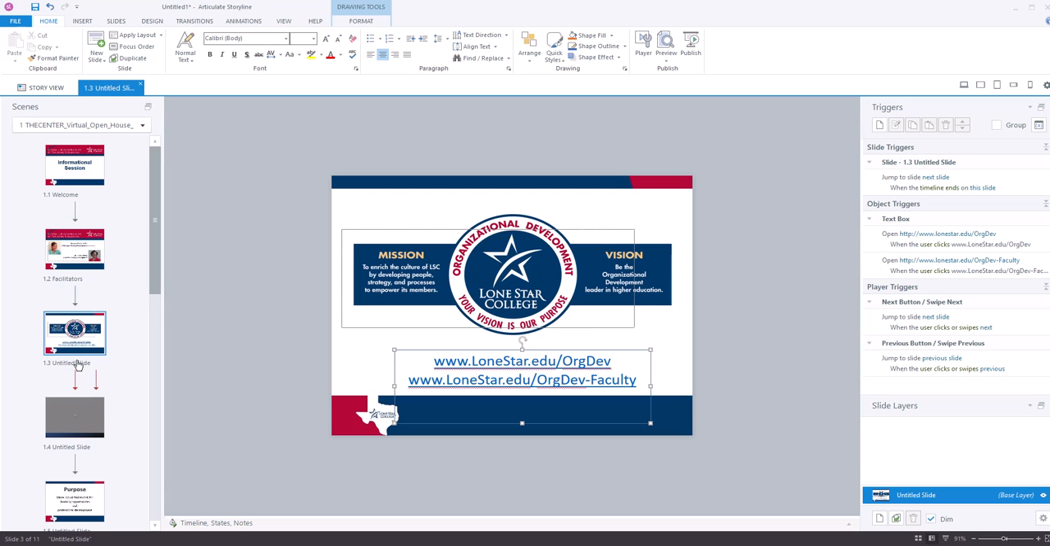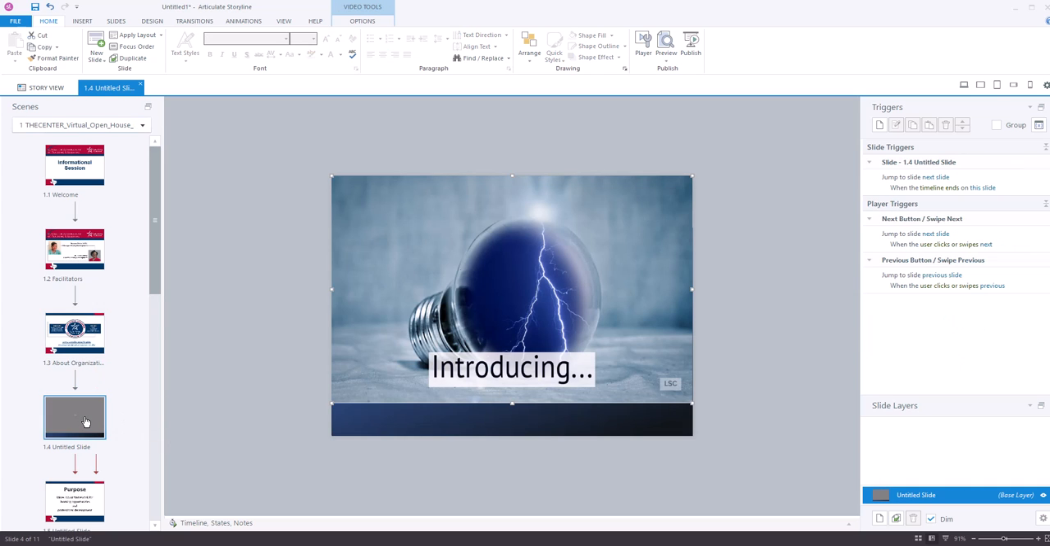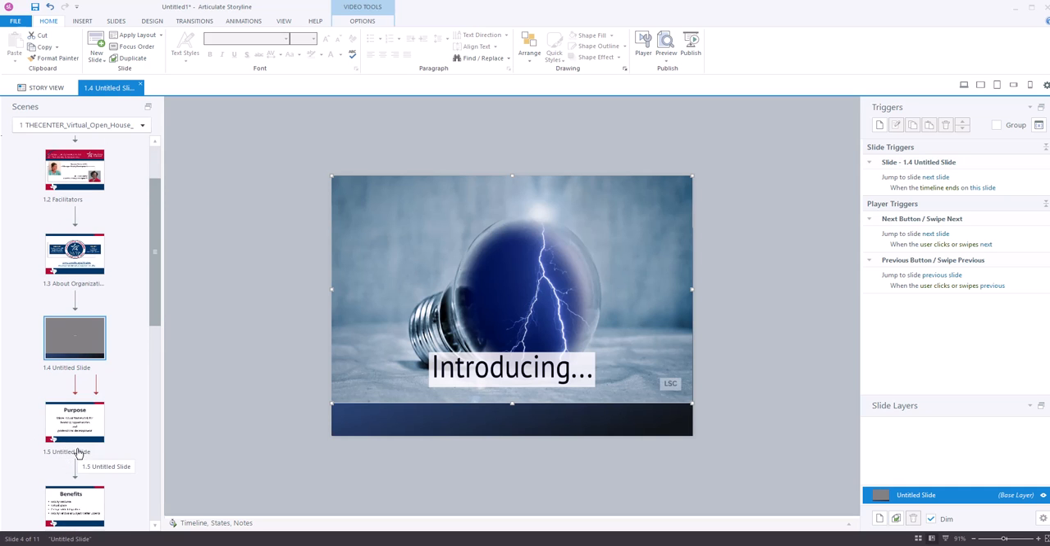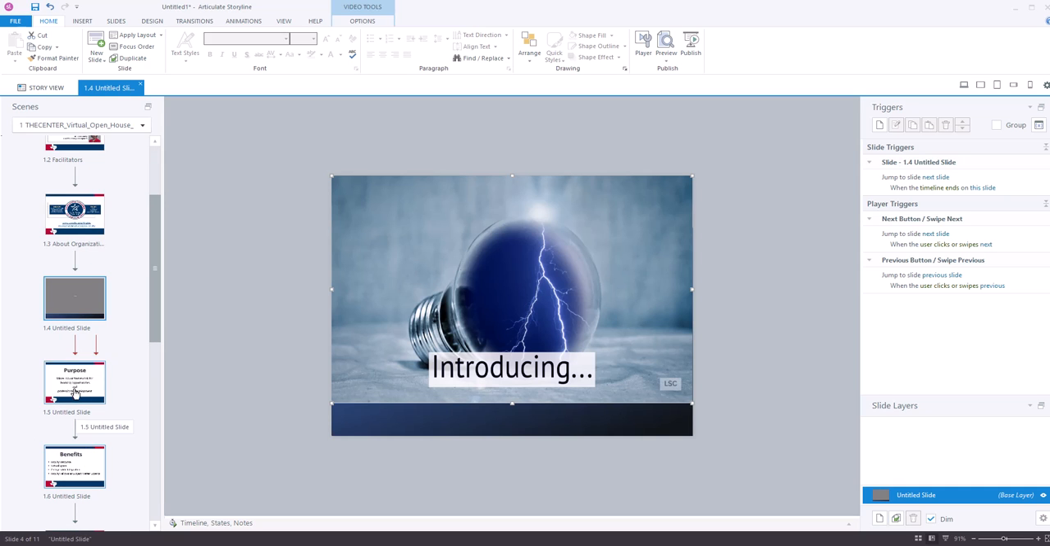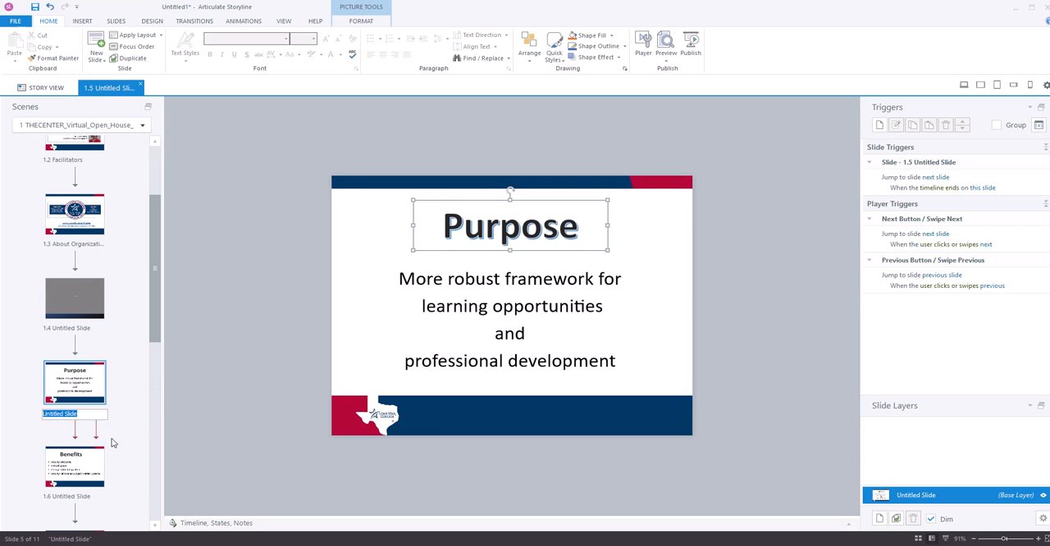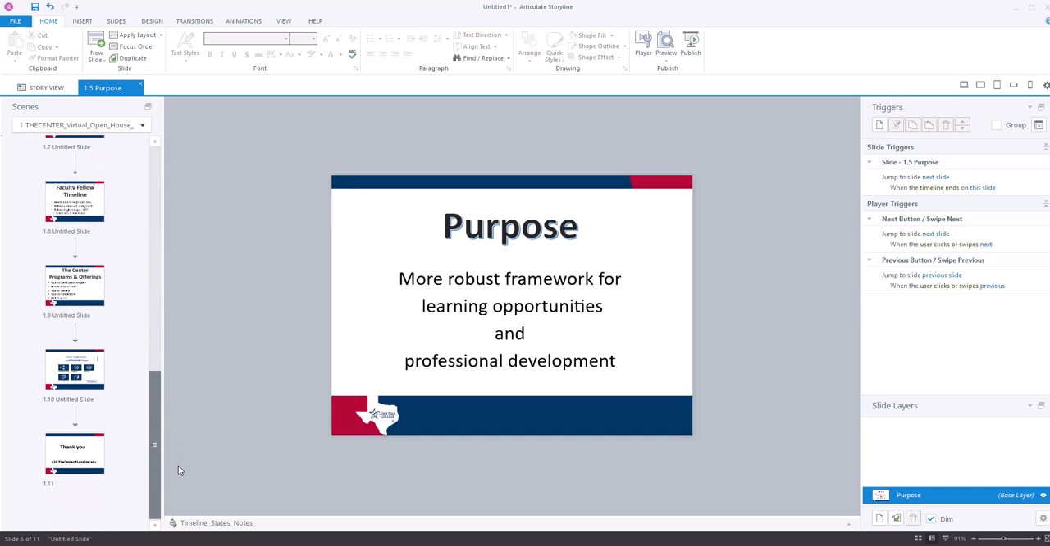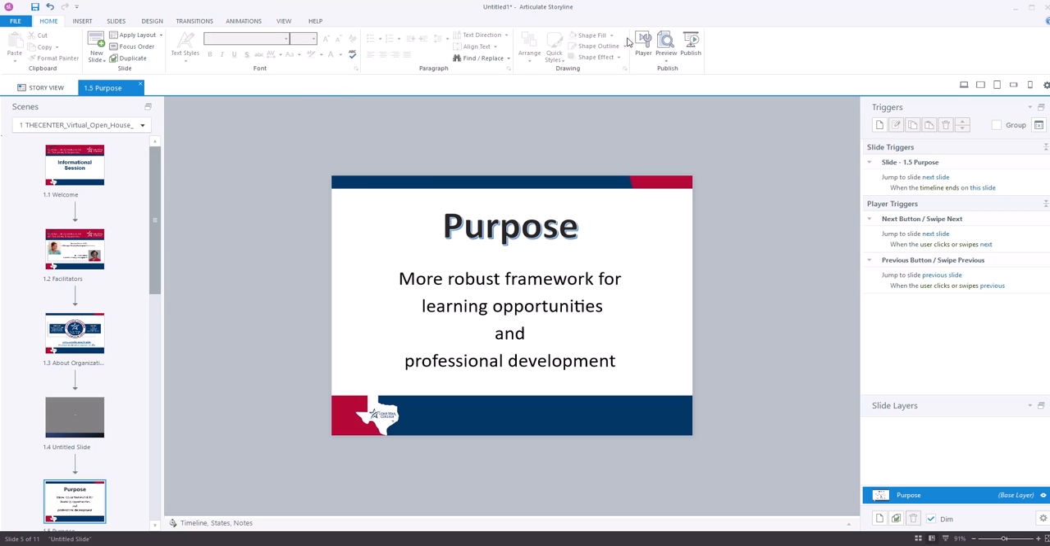And then here, about organizational development. That's just an example. And then this looks like it's going to be a video. So whatever you want that to be, you can do that. And then let's say this is purpose and so forth. Okay, so you see that each one of those you'll label, and then when you come over to player, so